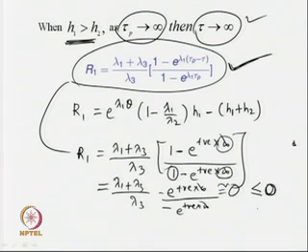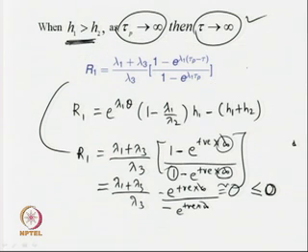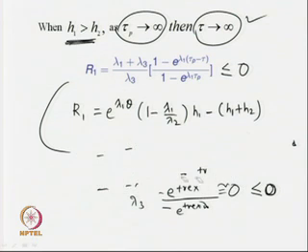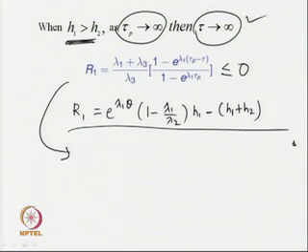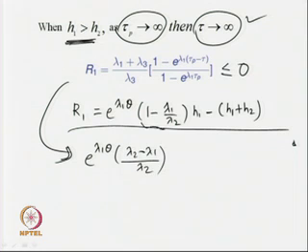So, using the large value theorem, it is not difficult to get R1 expressed as R1 is a value which is less than or equal to 0. Okay. So, when this is so, then I will write this condition over here to finally get an inequality of the form. If R1 is given by this expression, then allow me to write e to the power lambda 1 theta, lambda 2 minus lambda 1 upon lambda 2, I am simplifying this term, times h1 minus h1 plus h2 is less than or equal to 0. Okay. So, when this expression is obtained,